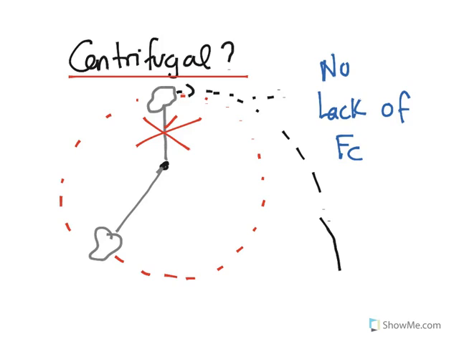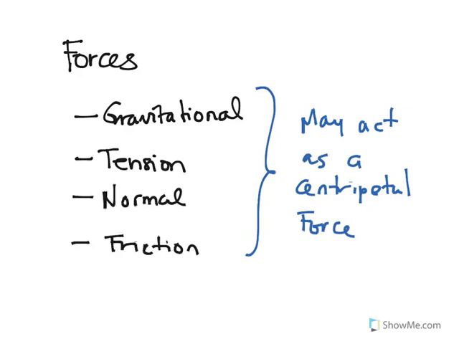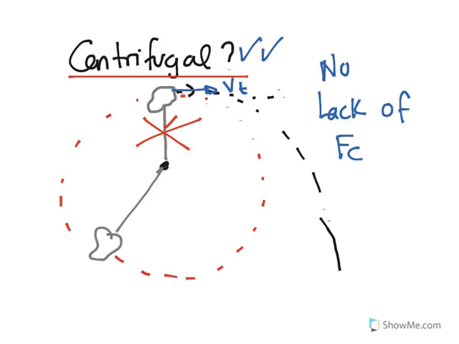Remember that if at this point the velocity is going towards this direction, then the velocity continues that way. So there is the lack of the centripetal force more than a centrifugal force. So remember, any given force can act as centripetal force, and of course, remember, there is no centrifugal force. The centrifugal force does not exist. It's inertia which is acting because there is no centripetal force.